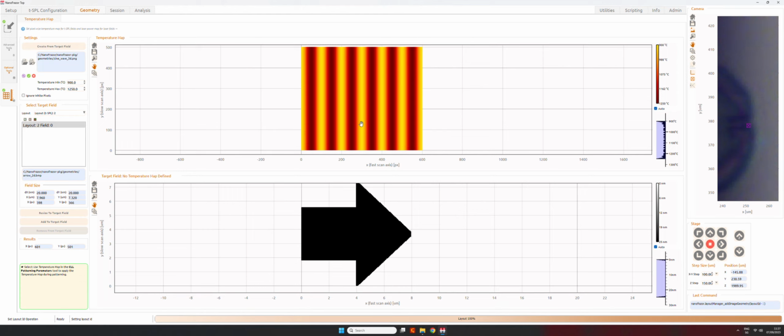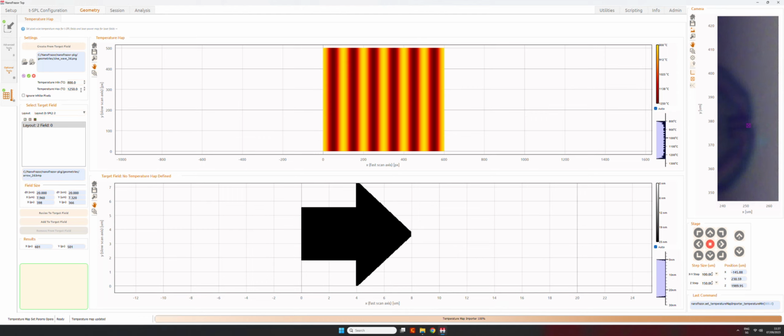So let's say we want to do this design, and we want to change the temperature between 800 and 1050.